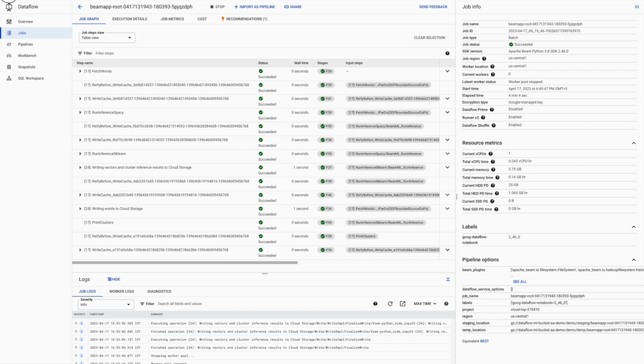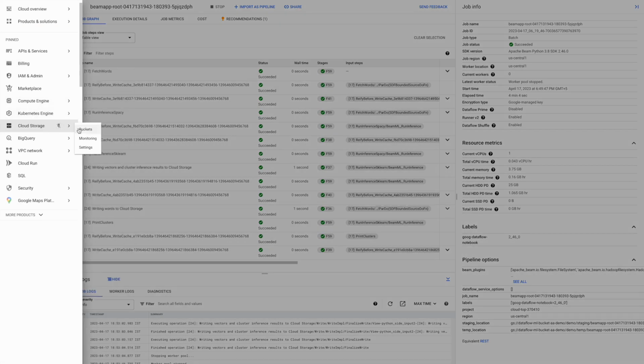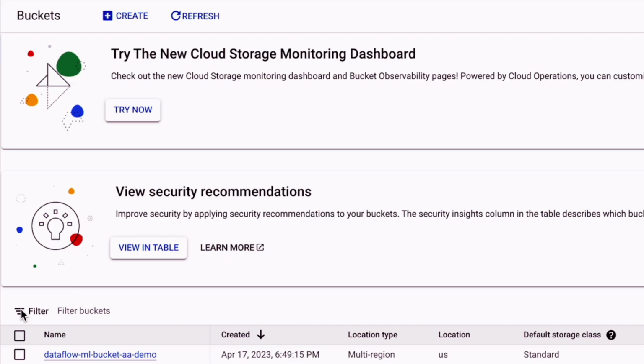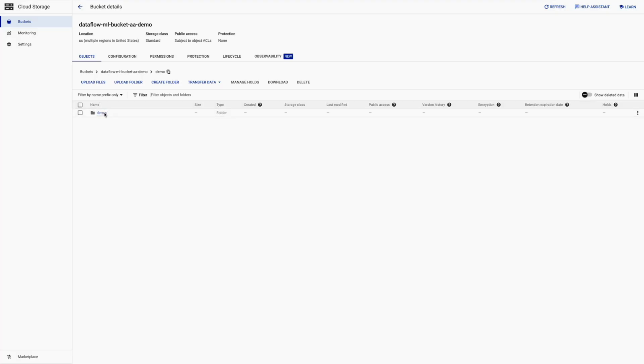If I get back to the GCP console, click on Cloud Storage and Buckets, I could see there is a bucket with the name Dataflow ML bucket AA demo. We'll click on it. Click on the demo folder. We'll verify the content of each and every single folder, starting with temp,